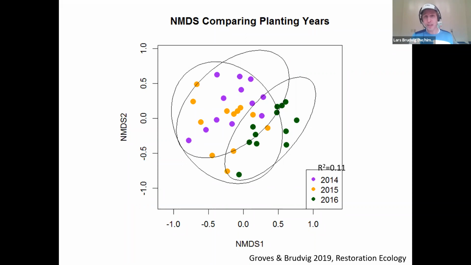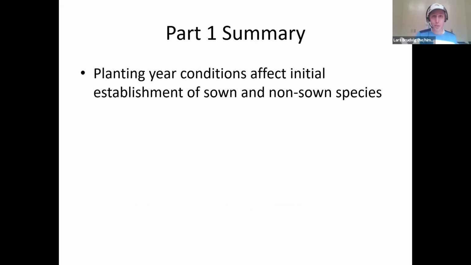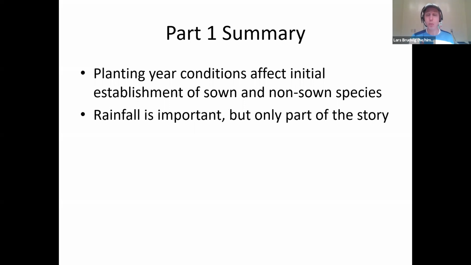So what did this teach us then? What this taught us was that these planting year conditions can affect initial establishment of both the sown and the non-sown species during prairie reconstruction. Rainfall is important. We see effects of the watering treatment for both groups, but it's really only part of the story. And across these different measures that we looked at, the abundance, the richness, and the identities of different species, we typically saw about as much variation explained by the watering treatment as we saw unexplained by the watering treatment